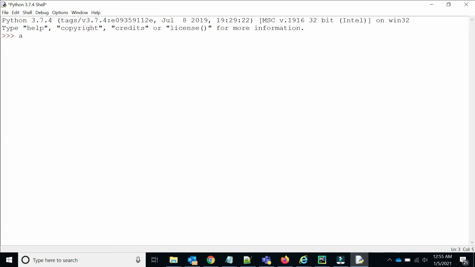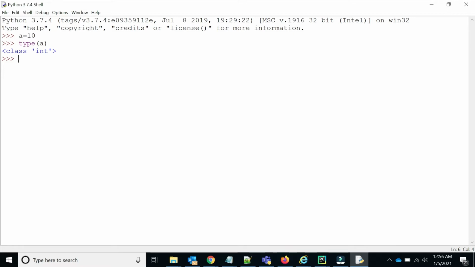If I write a equal to 10, everybody knows that this is an integer, but before declaring, we are not writing that a is an integer type like we write in other languages. If you want to see the type of a, it shows the type is integer, right? So Python has some inbuilt data types that we will discuss.